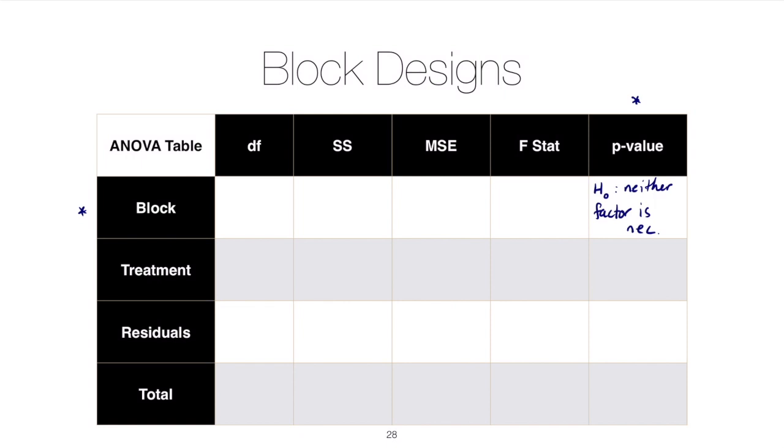Now, most of the time, this p-value is not really of importance because you included the blocking factor based on pre-experimental knowledge about the fact that the blocking factor is important, right? It controls variability. But the next p-value is important, and it will tell you whether the treatment factor is necessary. And so the null hypothesis is that the treatment factor is not necessary,